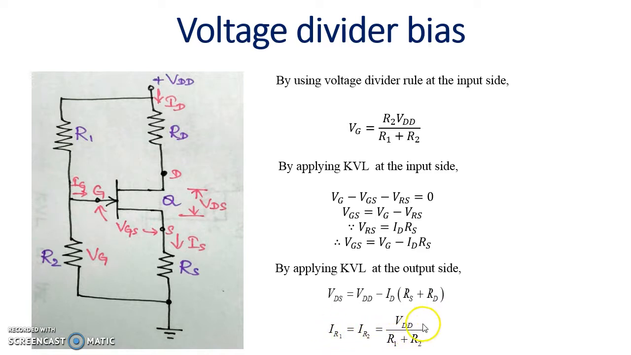which is equal to VDD divided by R1 plus R2. These are all the design equations of an FET amplifier which is biased under voltage divider